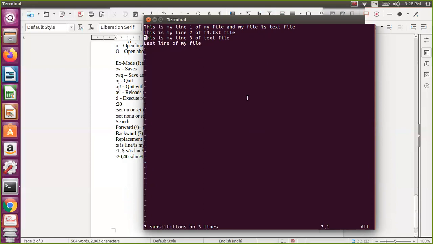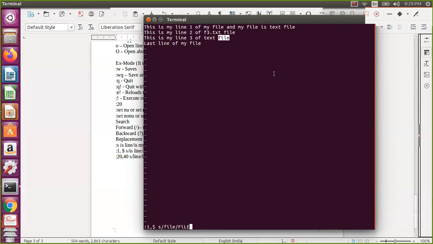Okay, so now what we'll do is replace small f with capital F. You can see in this first row, file is in three places, and here it is only in one place. So let us do that one. One comma dollar substitute, I want to replace f with capital F, or maybe small i, whatever you want. Now I want to replace something like this.